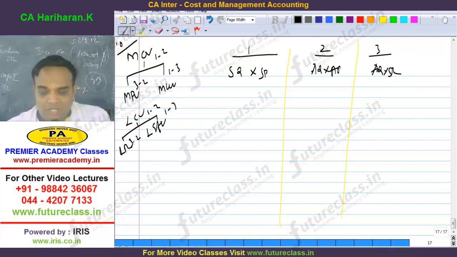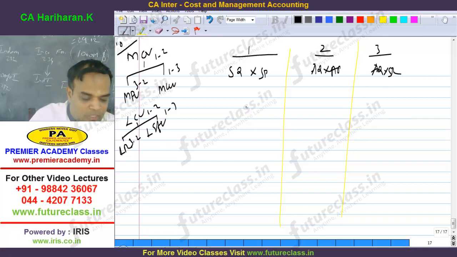Like process costing, Control C, Control V is possible for unit cost. That's how time is spent. That's the reason we substantially waste our time and are held up with 20 marks. We are unable to complete the question paper. If you know the concept, you will have an extra half an hour in your hand. And you need practice. Understood? So here 1, 2, 3 represent what, sir? 1 represents standard hours into standard rate, actual hours into actual rate, actual hours into standard rate.